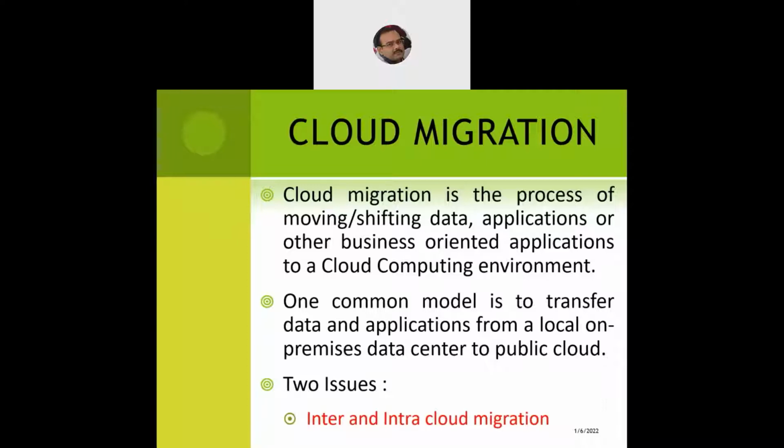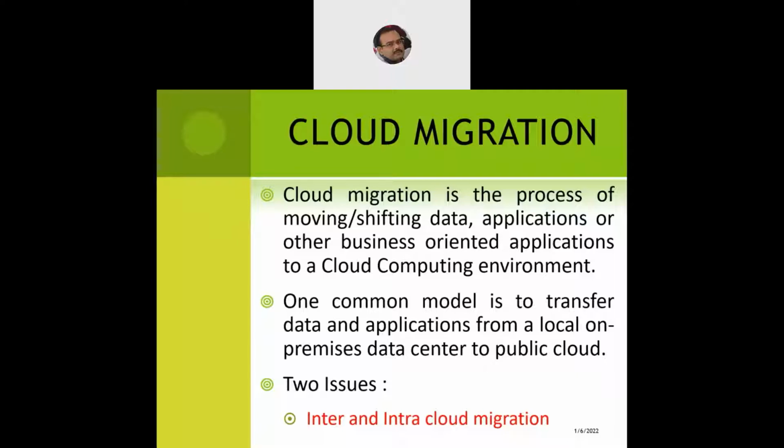Now there are two issues that usually arise when you go for migration in the cloud environment. One is inter-cloud migration and the other is intra-cloud migration. Now, one means when you are migrating or moving data between the servers of the same single cloud service provider. For example, if you're migrating data from one server of Google to another server of Google, the company vendor remains the same, and the same vendor is owning both the servers. Those servers can be co-located, let's say both based in Delhi, or they can be located far apart, let's say one based in Delhi, another based in Mumbai or Bangalore. But the company vendor is still the same.